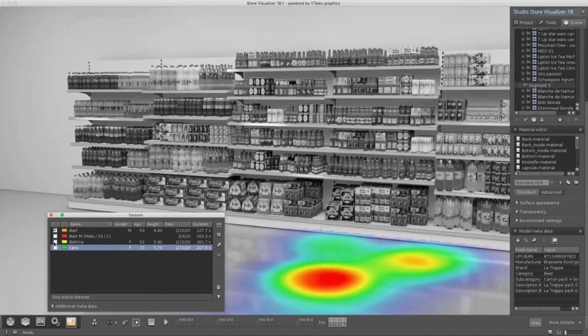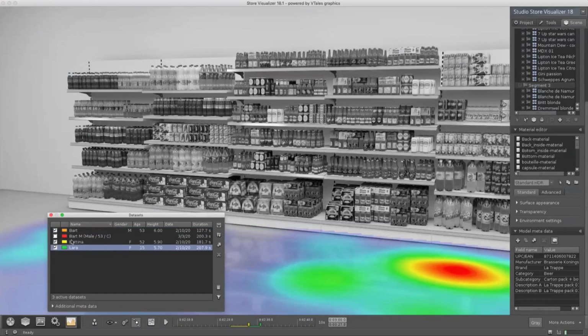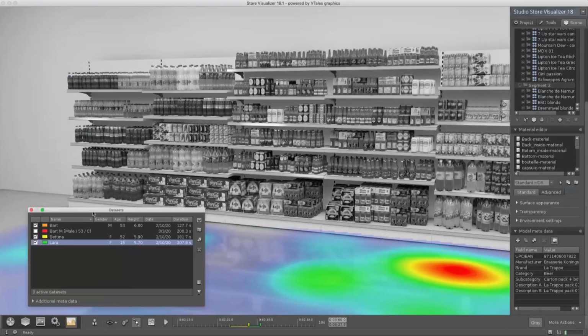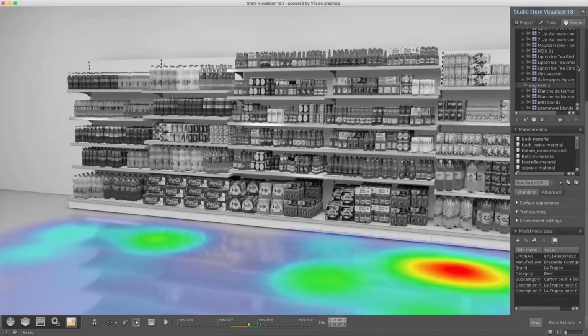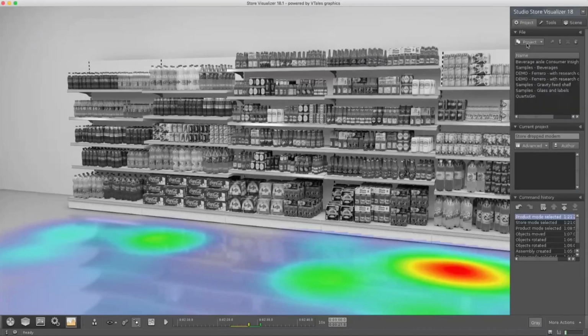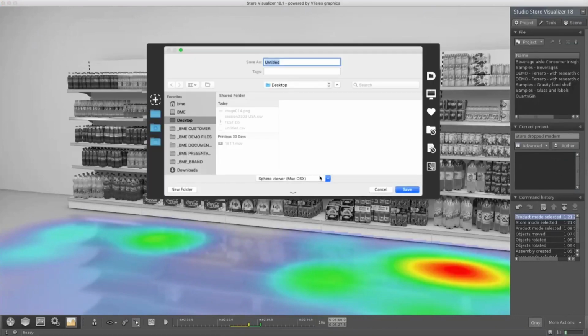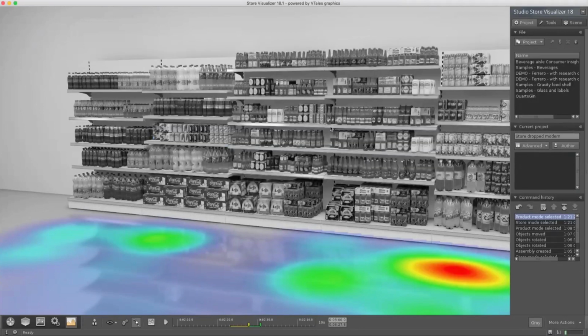So you can go ahead and start displaying the data of those consumers. But again, this data set was captured for a specific type of store. So when you do that, you want to make sure that you save your project, or export your project,